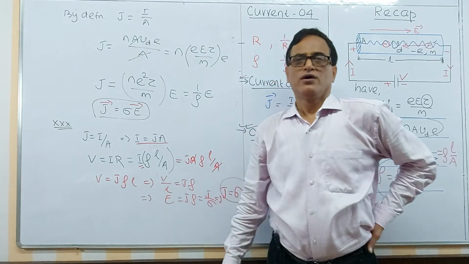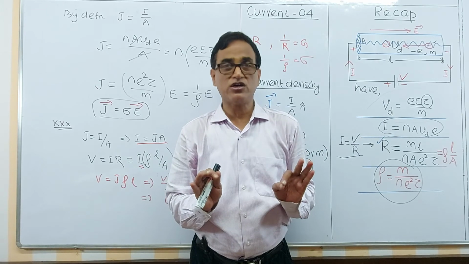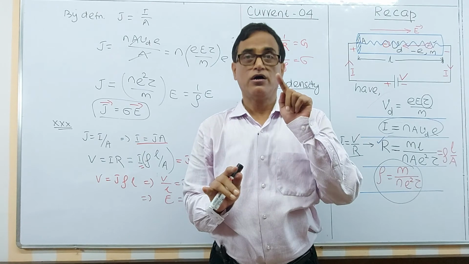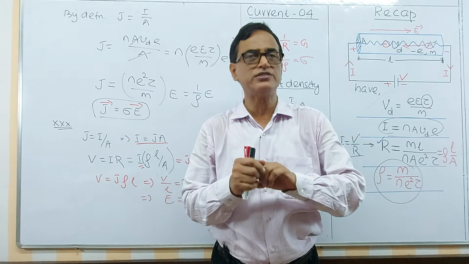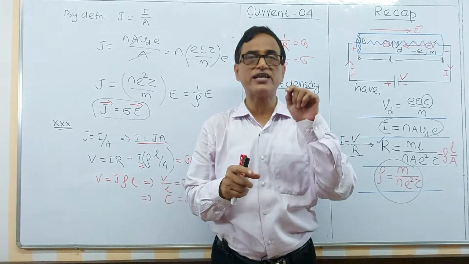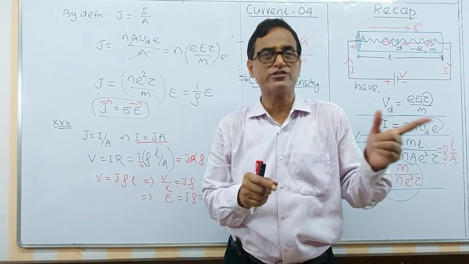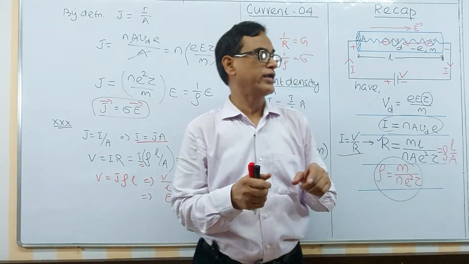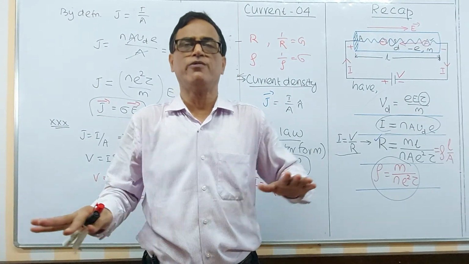I think today we have completed the effect of temperature on resistance and resistivity. Second, the mobility. We have defined mobility and on what factors it depends. We have defined current density, a new concept: the microscopic definition of electric current, while electric current is a macroscopic definition. Current density is a vector directed along the electric field, and that is the vector form of Ohm's law.